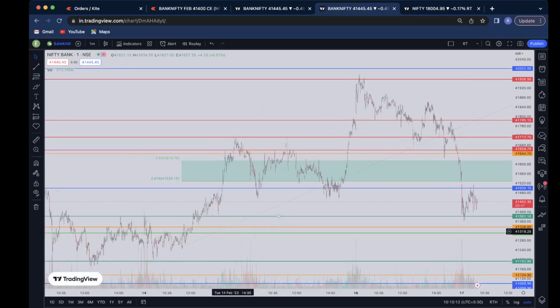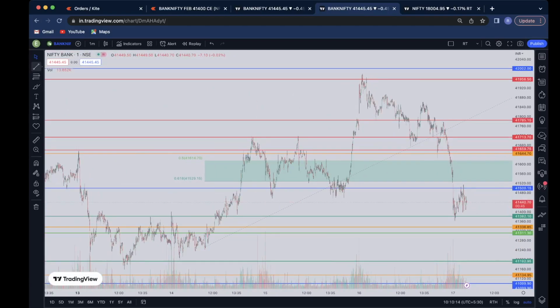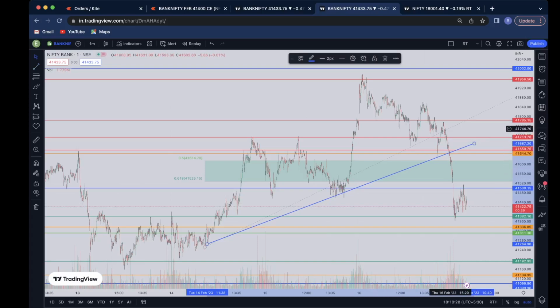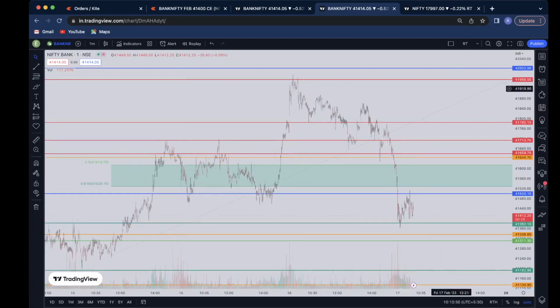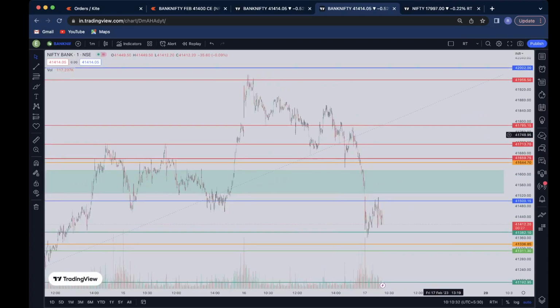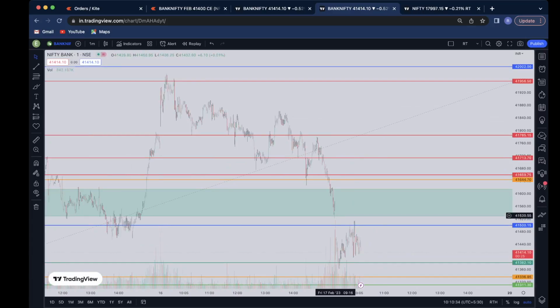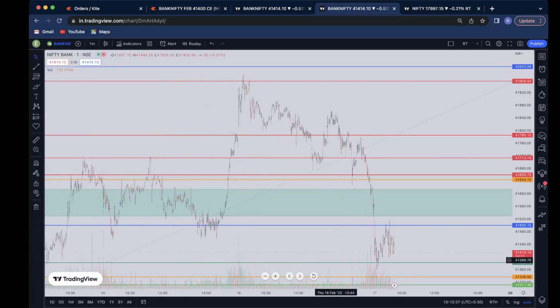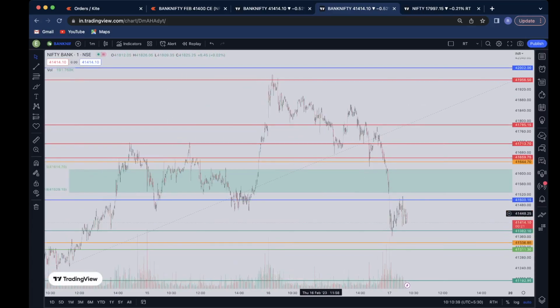Or you can also say the market has made a good, I mean, this is a right shoulder. You can also see this as a left shoulder, this is a mid head, and this is the head, and this can be a right shoulder. But usually I don't consider the trend lines, I just work on horizontal levels. So here the first psychology is, the market gave a breakdown, it is taking a support here. The first psychology that we have is that we have to look for buying options.